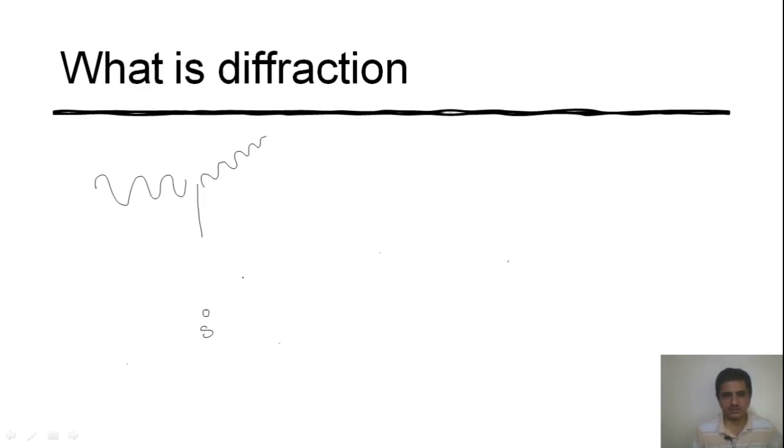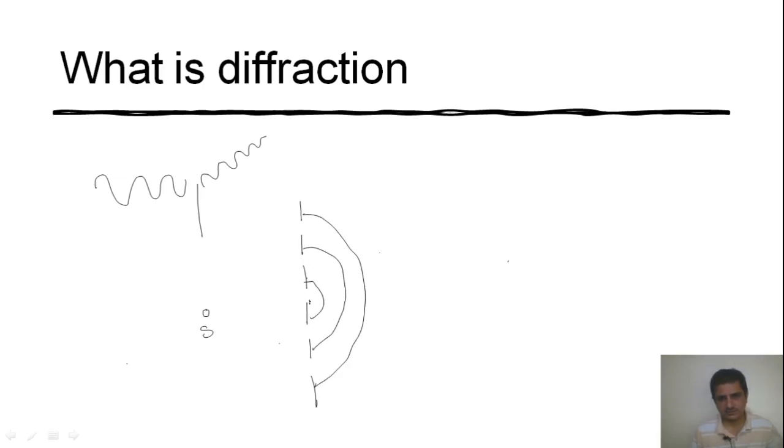Here we have a source of monochromatic light, and opaque slits or small openings represented by this dashed line. If the wavelength of the light generated by this source and these openings or opaque objects are comparable in size, then there would be an appreciable deviation in the path of light. So what is going to happen on the other side is that it is going to generate a pattern like this.